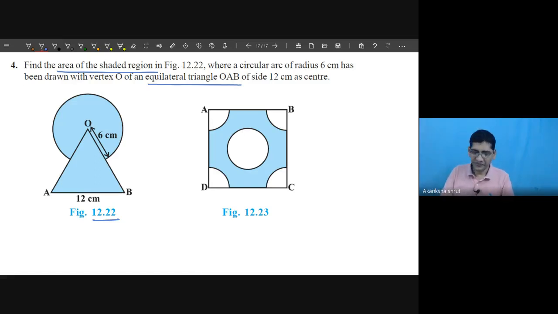Students, very easy. As we have done, how to get the area of this sector? So this is the sector. Observe carefully, this circular part is going to give us a sector. But for this sector, what is the angle made here? Just calculate that sector, the angle made by the sector, substitute in the formula. Then calculate the area of the triangle, add it. It's so simple. We know that it is an equilateral triangle, so this is 60 degree. So this becomes 300 degree. Is it okay?